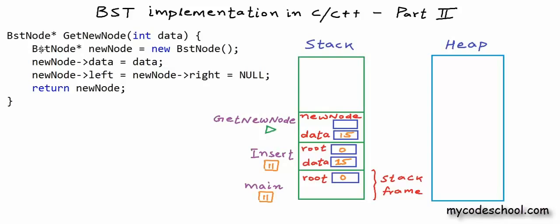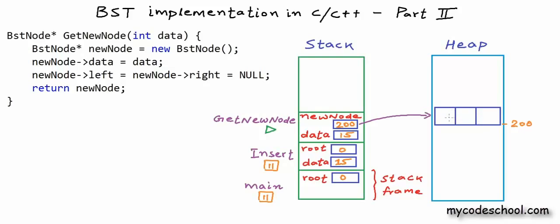Now in this function we are using new operator to create a BST node in heap. Let's say we got a new node at address 200. New operator will return us this address 200, so this address will be set here in new node. So we have this link here, and now using this pointer new node, we are setting value in these three